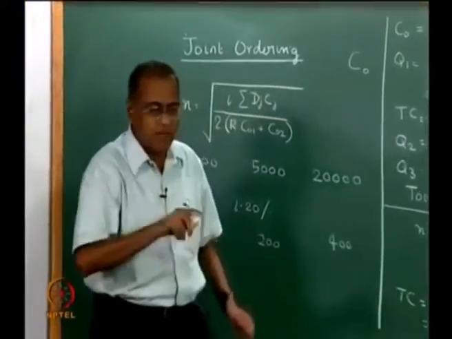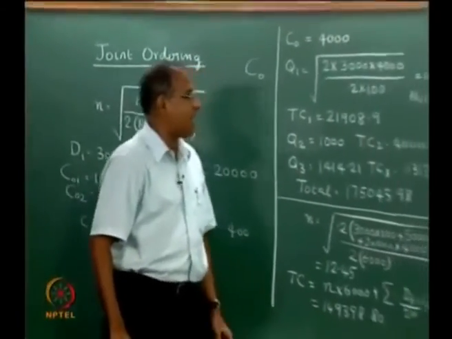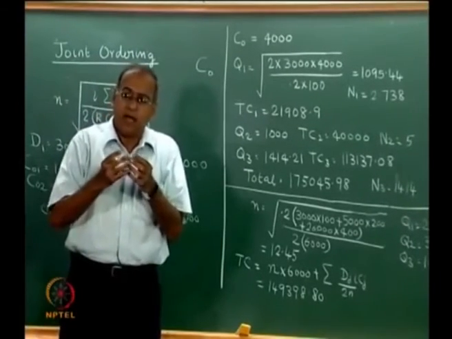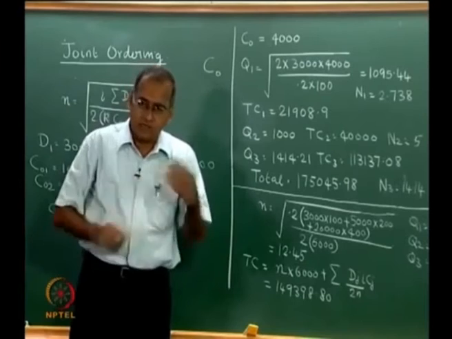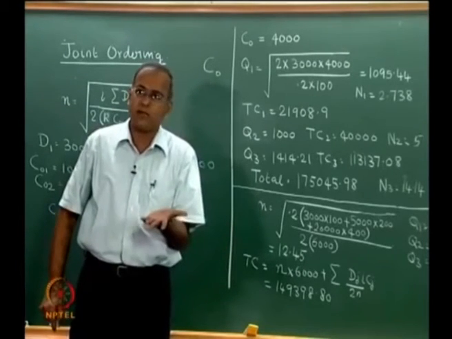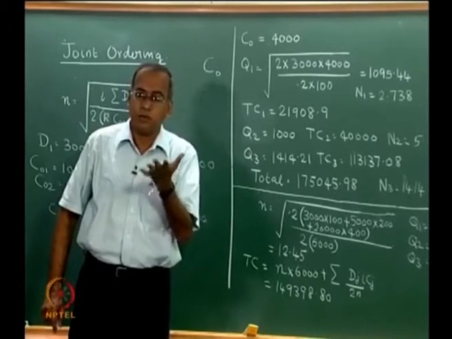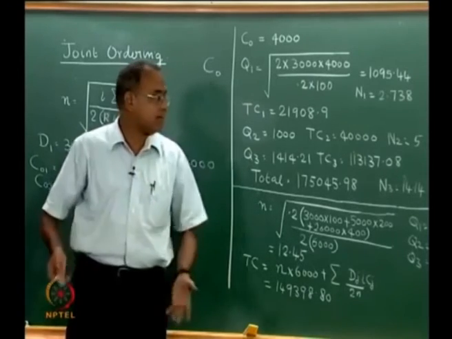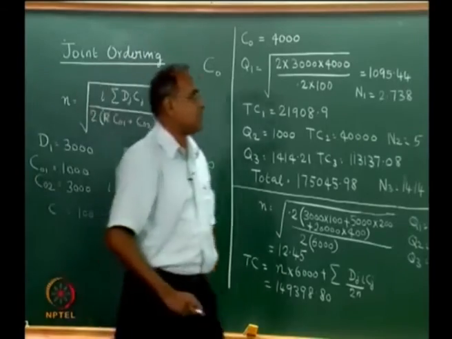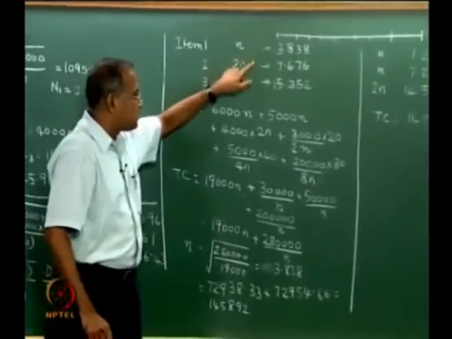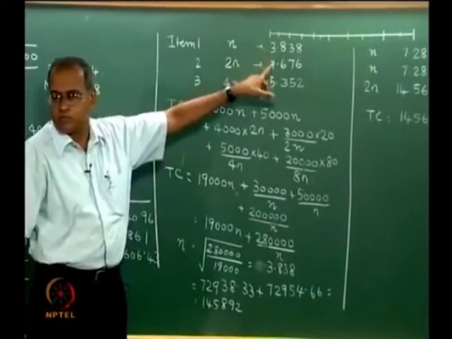Now in such a process sometimes we may end up getting large order quantities for some items and small order quantities for some other items. Large order quantities for some items would mean quite a lot of money is locked up in inventory, and that also can be offset by trying to order like 1:2:4 and 1:1:2.